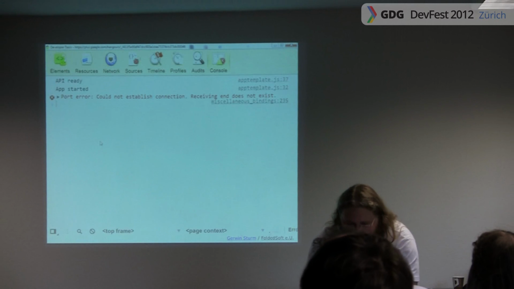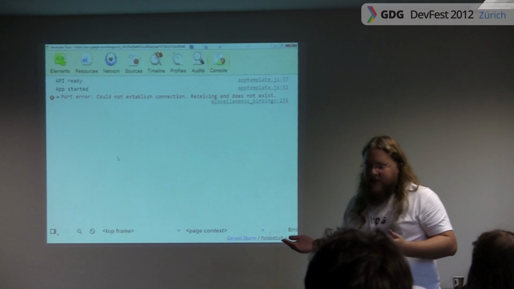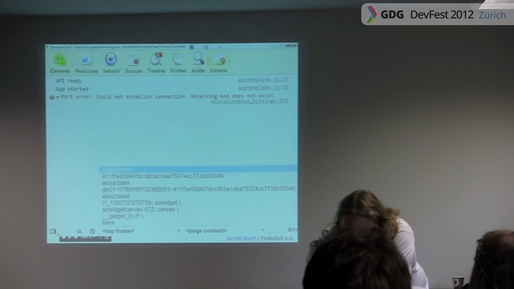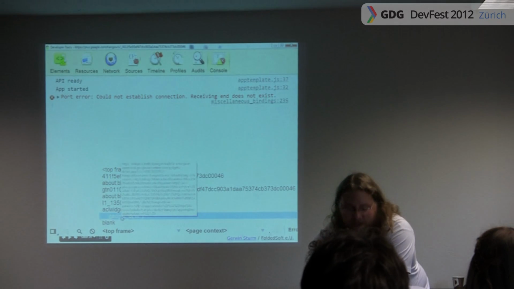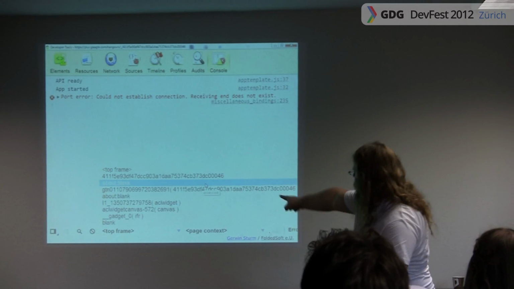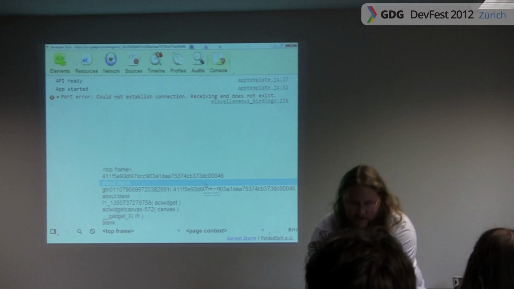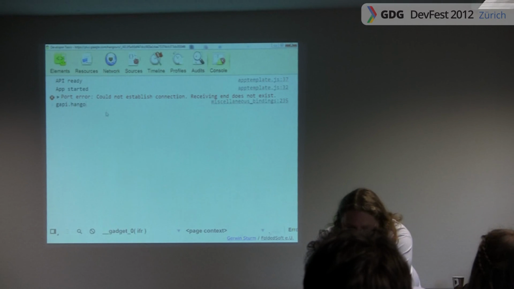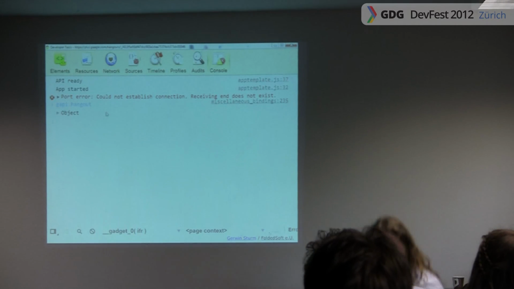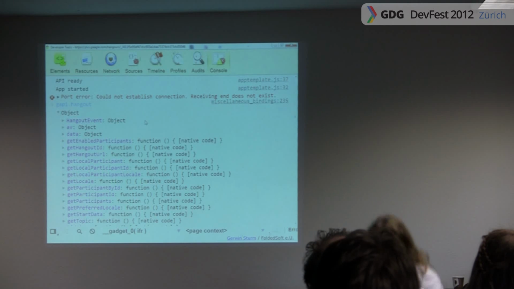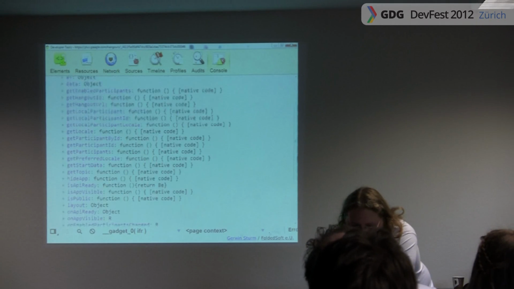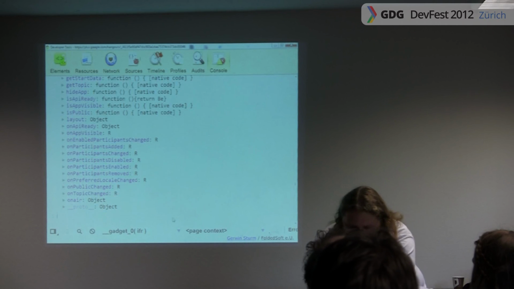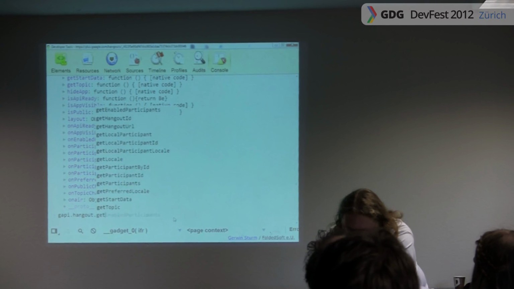The important thing when you're debugging Hangout applications is that because you're running inside of an iframe, you have to switch to this iframe before you do any debugging, which will always be something like gadget something in this case. And then here we can already call our Hangout API object. If you look here, you have all sorts of different functions and namespaces which you can access. So for example, we can call gapi.hangout.getParticipants,